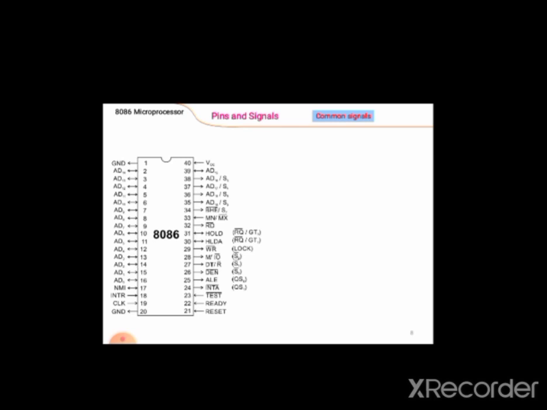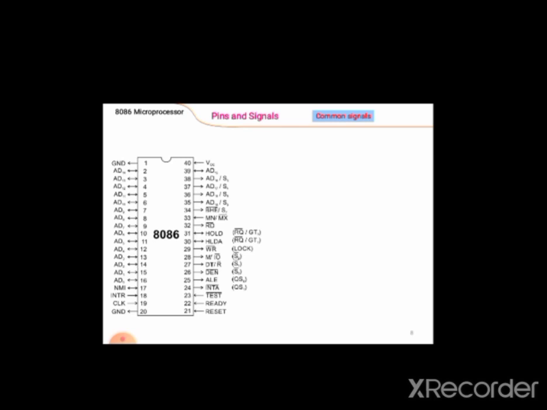So that small program is called an interrupt. These interrupts are identified by pin number S5, which is a status signal.